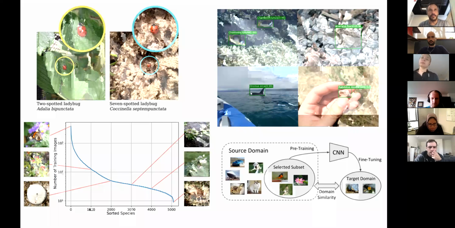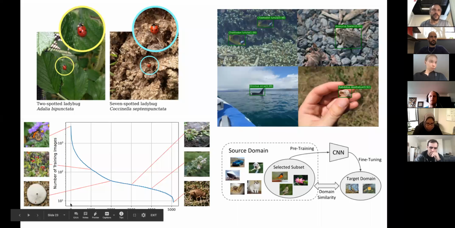In the old days of computer vision, if you did object recognition, you would just collect objects that are sitting around the house or in a lab and have a uniform distribution over the training examples that you have for all of them. And this just isn't what it's like in the real world. The real world in many, many domains, whether it be medical or biodiversity or clothing and apparel, we observe a long tail phenomenon.